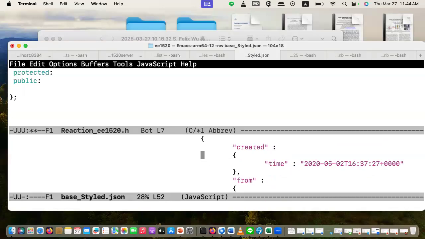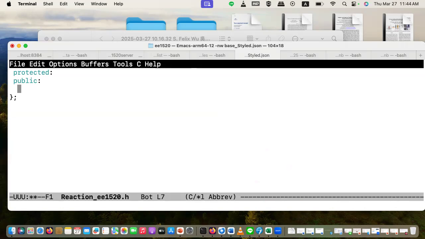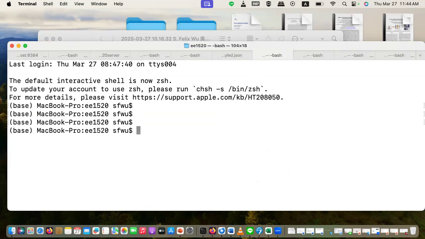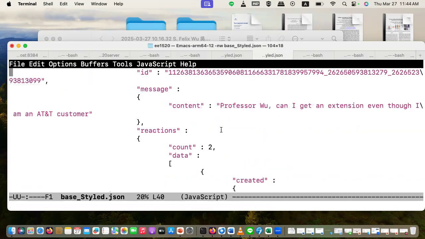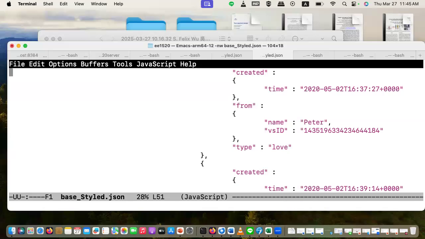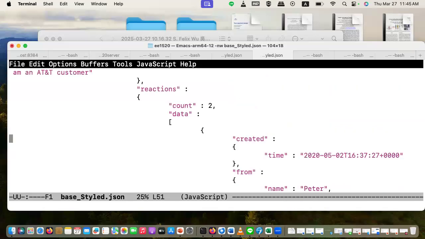So this is what the object looks like. You know what? I'm going to do this. Here's a reaction.